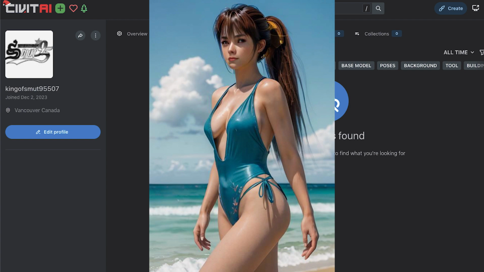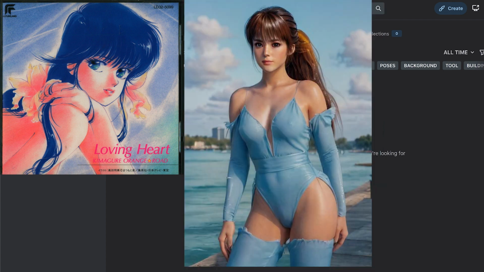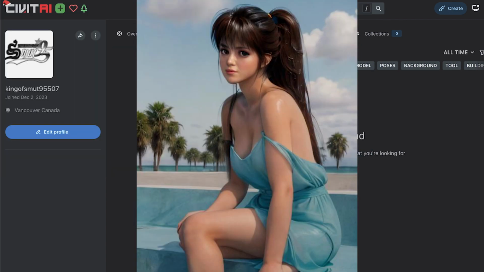For example, if I knew that Madoka was in a lying pose looking towards the camera, then maybe I would model that after the front cover of the Loving Heart CD. Knowing that, I'm trying to prompt the AI to pose that way, and sometimes it was quite difficult, because you say lying down and it lies down a different way.